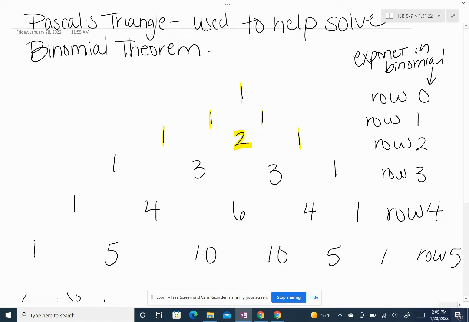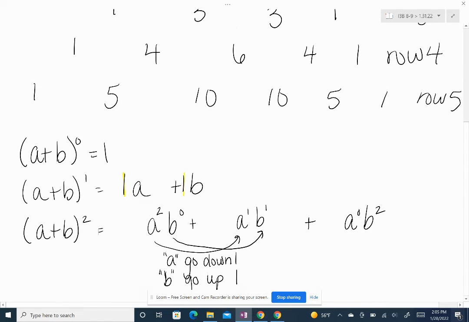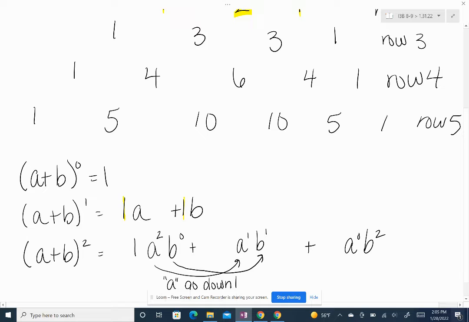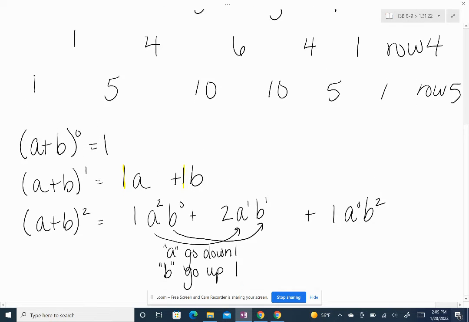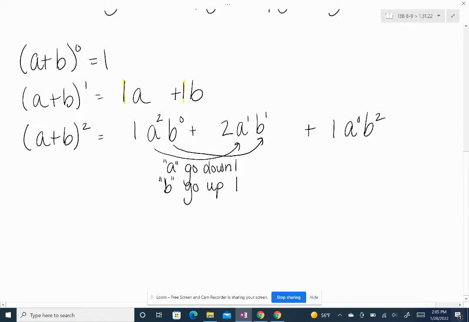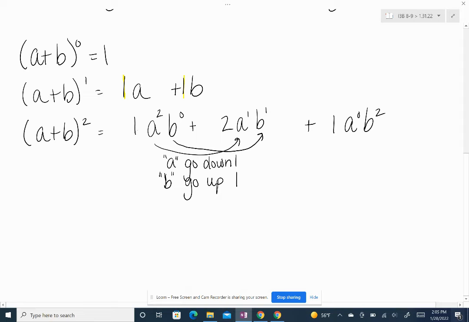Now, where Pascal's triangle comes in is that there's going to be 3 separate parts right here, and that's your 3 coefficients. So it's going to be coefficient 1, coefficient 2, coefficient 1. A plus b squared is pretty small, so obviously foiling would make more sense, but bear with me while I show this to you guys. It's a little bit simpler when we have a lower number, and then I'll show you the higher numbers. So we can simplify this: 1 times anything is 1, b to the power of 0 is 1, so that's just a squared,